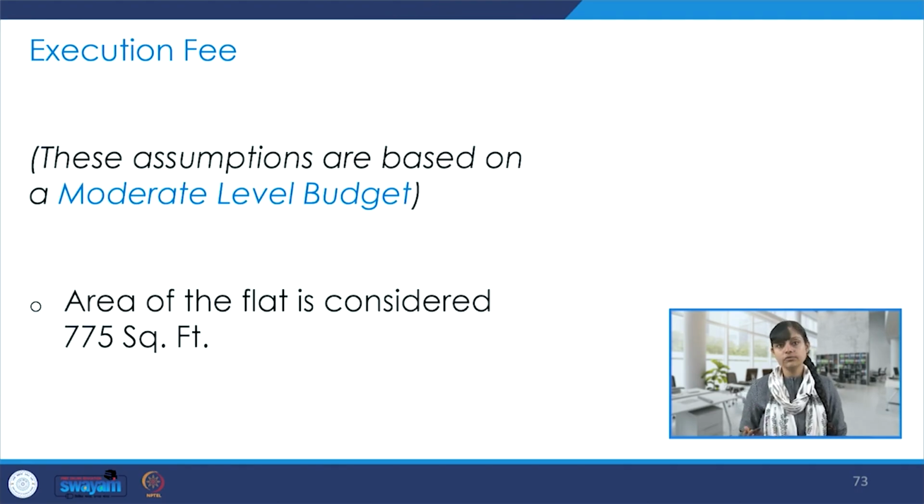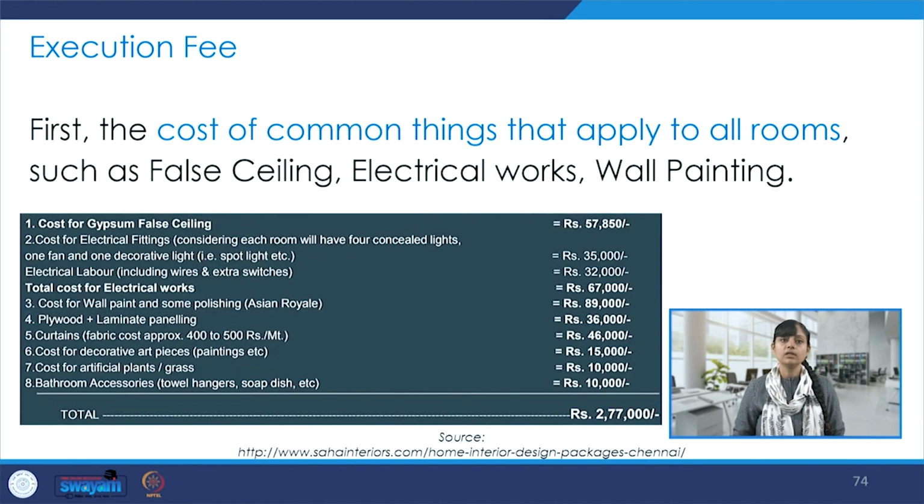Now the execution fee, and these assumptions are based on a moderate level budget, and we are considering 775 square feet. So when we talk about execution fee, first the cost of common things that apply to all rooms such as false ceiling, electrical works, wall painting, they are considered. So we see this example over here, cost for gypsum false ceiling, electrical fittings, all the electrical works, and we see a total of